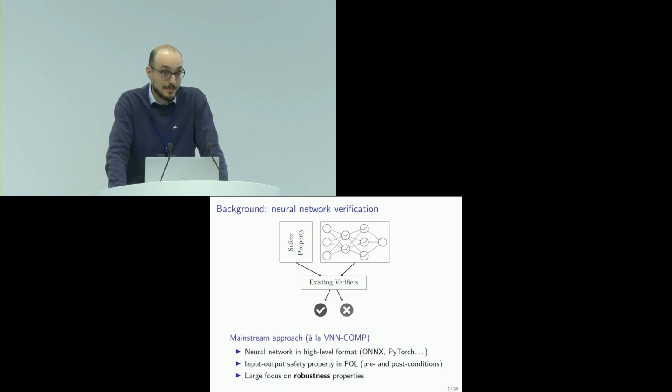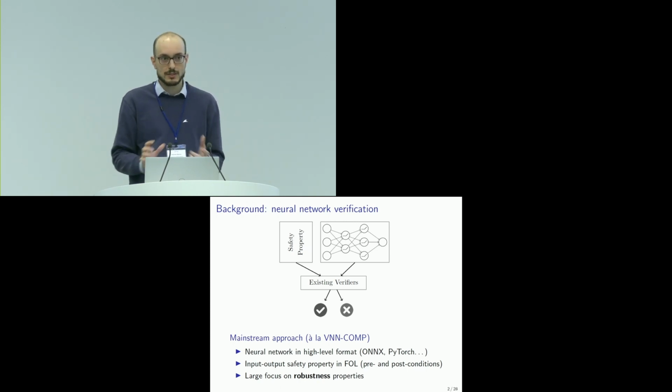So I'm a machine learning person. I am fairly new to the formal methods game. So when I first landed on neural network verification, I tried to get what is the mainstream. When people search on Google Scholar for neural network verification, what would they land on? What is the problem setting? The problem setting tends to be like this. There is some neural network specification, some safety property, and then you want to write a verification algorithm that is able to tell you yes or no whether the safety property holds. And there are competitions already about this, but